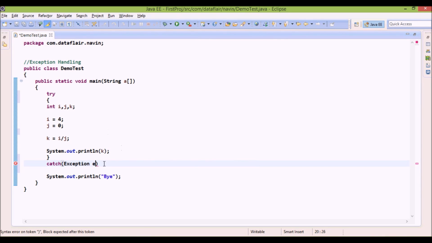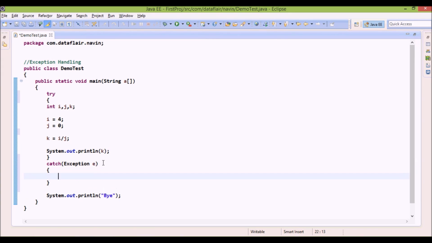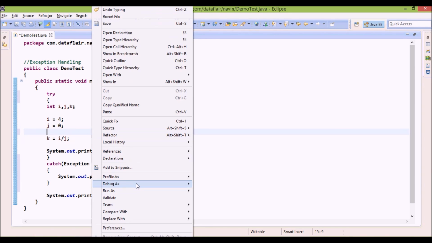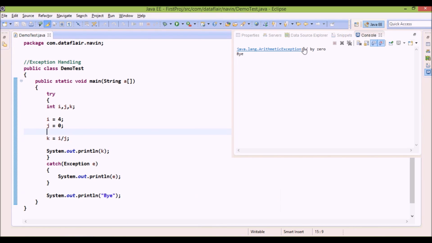So we'll say exception E. So this line will throw an error and we need to accept that error. Okay, and then here we can simply print it, System.out.println, we can print E. Simple, right? So if I run this application, again we know there will be an error here, so it should print the exception. So if I say run as Java application, the output is, see, we are getting